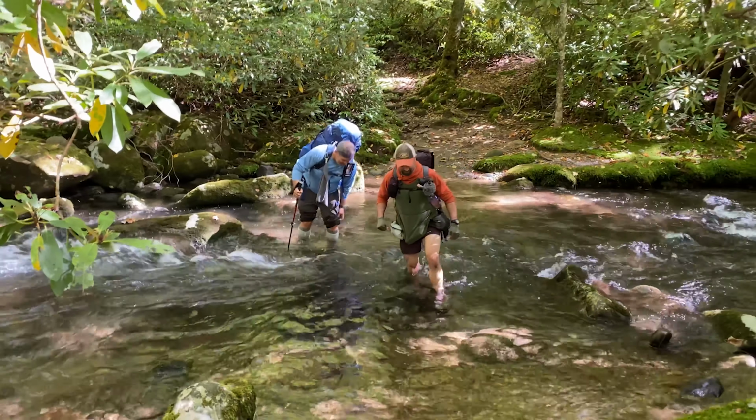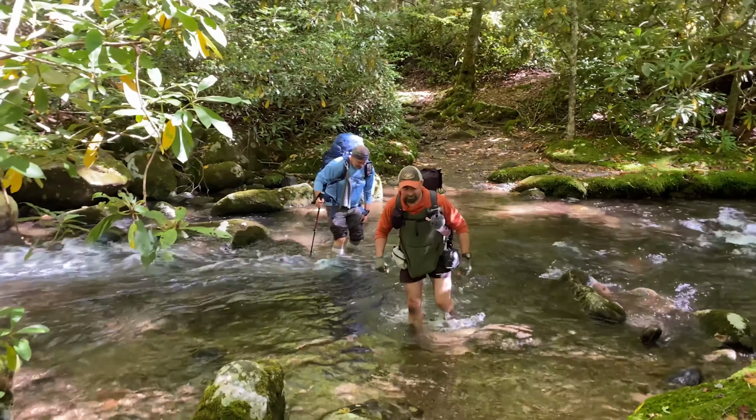A little bit of info, just real quick. I got back from a 4-day trip through the Smoky Mountains. We didn't hit the AT, we went from Smokemont Campground to Clingman's Dome. So today, I'm going to give you a look at what gear I took and what clothing that I took for camp. Everything except for what I was wearing at the time is in this backpack, and I gotta tell you, it's really smelly. I'm not going super in depth on any specific piece of gear, but if you want